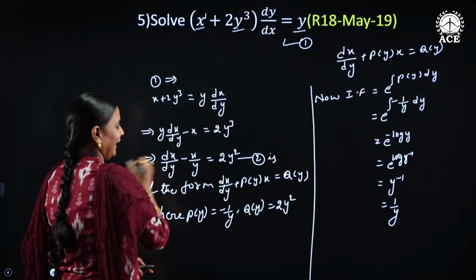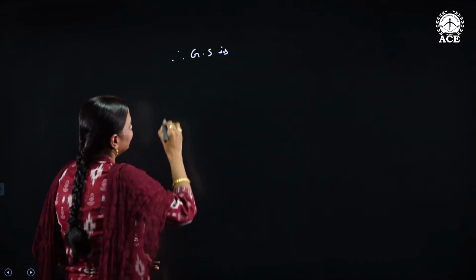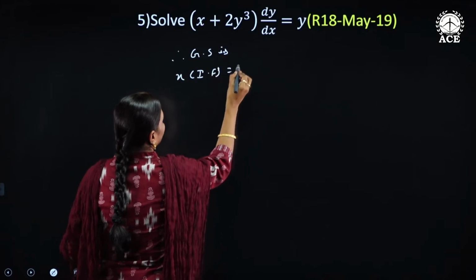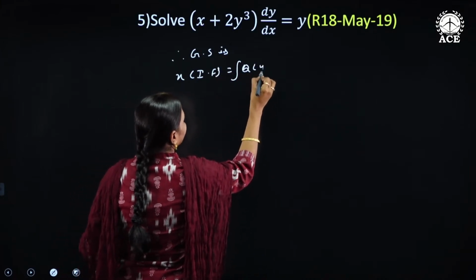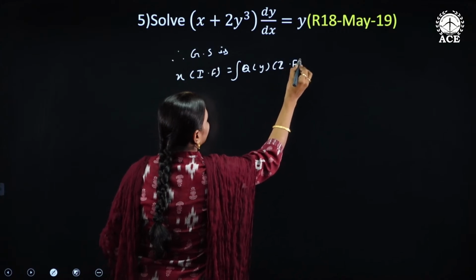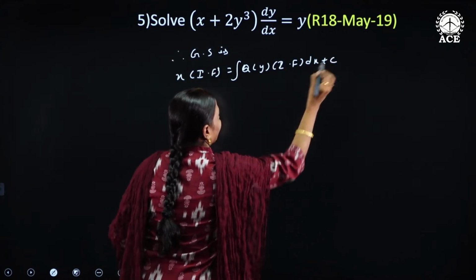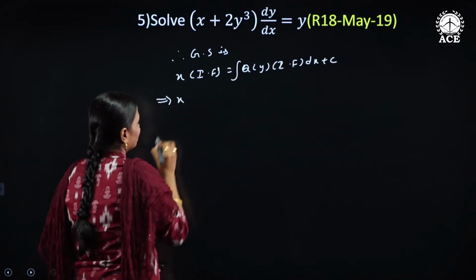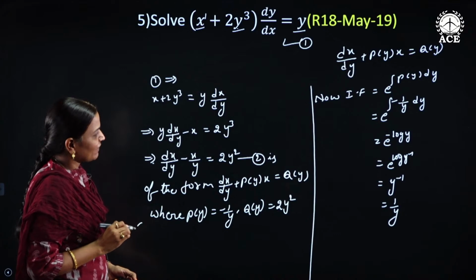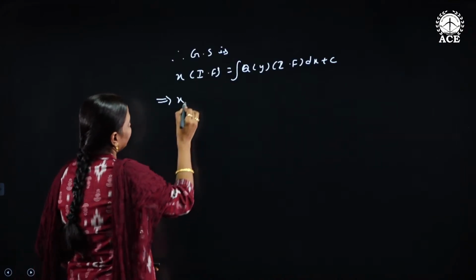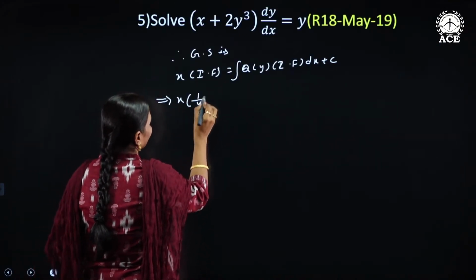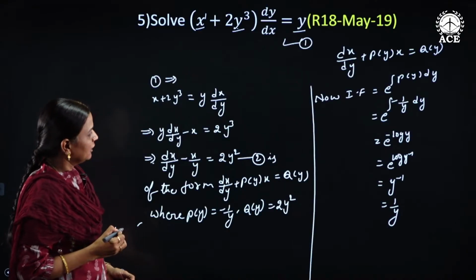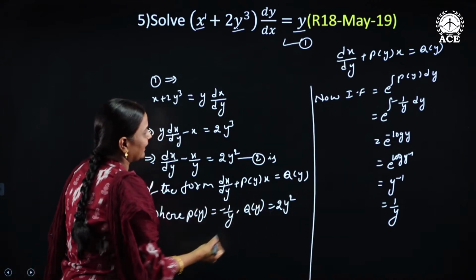The equation is linear in x. So, how to write the general solution? x into integrating factor is equal to integral of q of y into integrating factor into dx plus c. This is the formula. So now, what is our integrating factor? Integrating factor is 1 by y. So x into 1 by y is equal to the integration of q of y, which is 2y square,